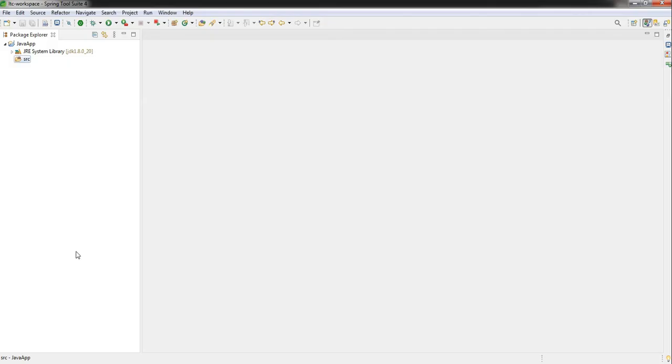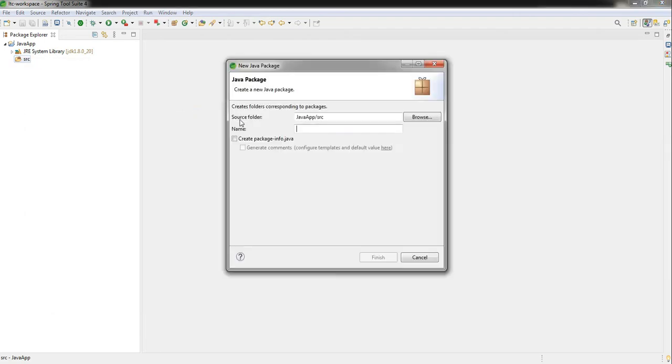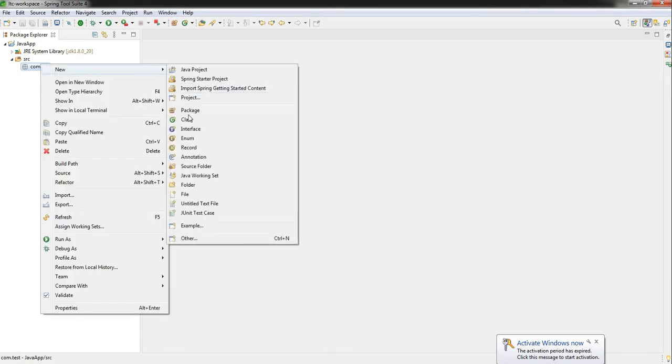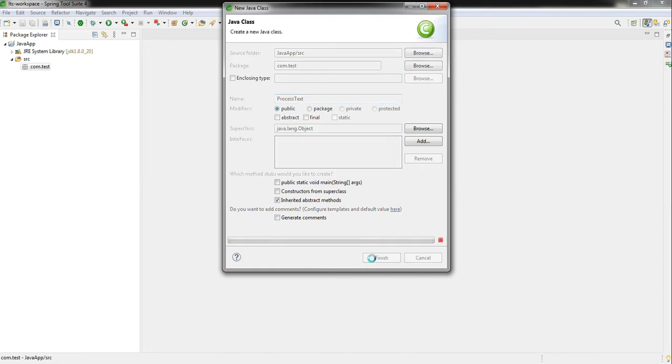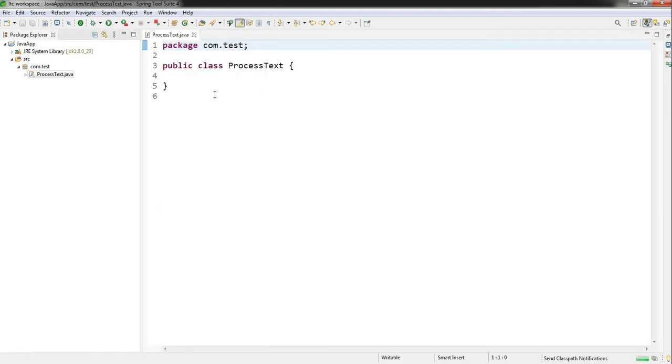So I'm opening my STS. The project is empty. I'm creating a package here first. Then I will create one class, which I named ProcessText.